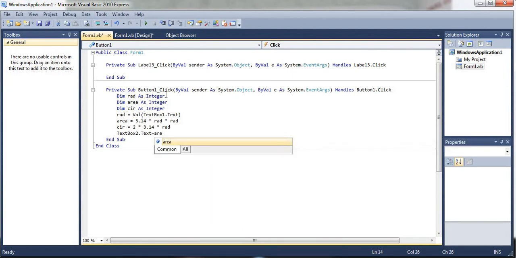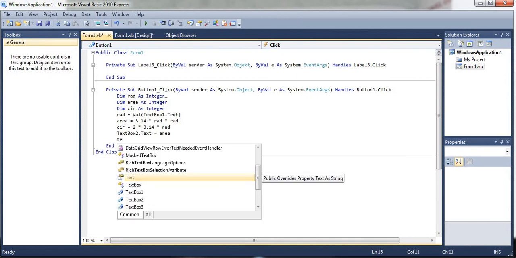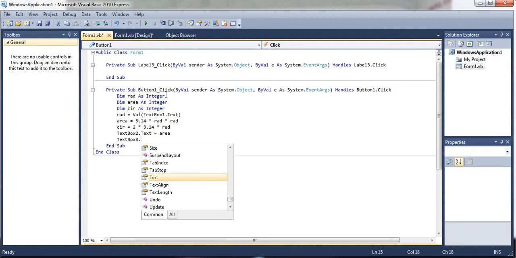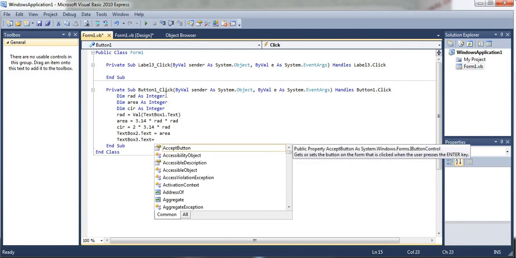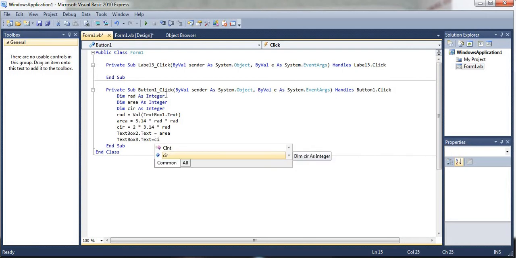Area should be stored here, right? This is for area. And text box 3 dot text equal to, what should be stored here? Circumference should be displayed here, right? Circumference, like this. Now let's execute this program.